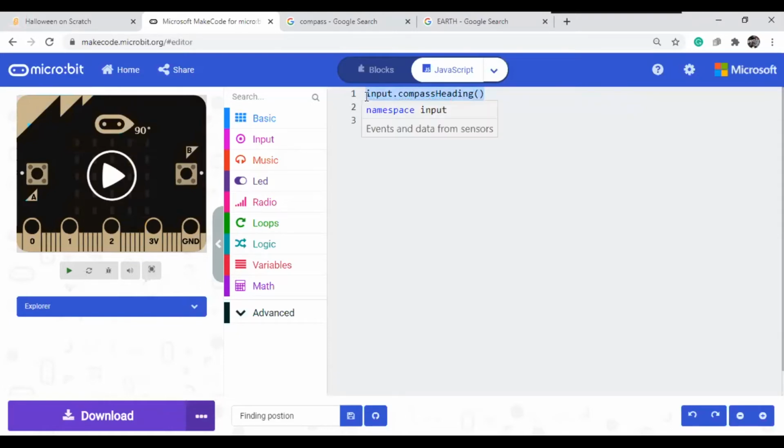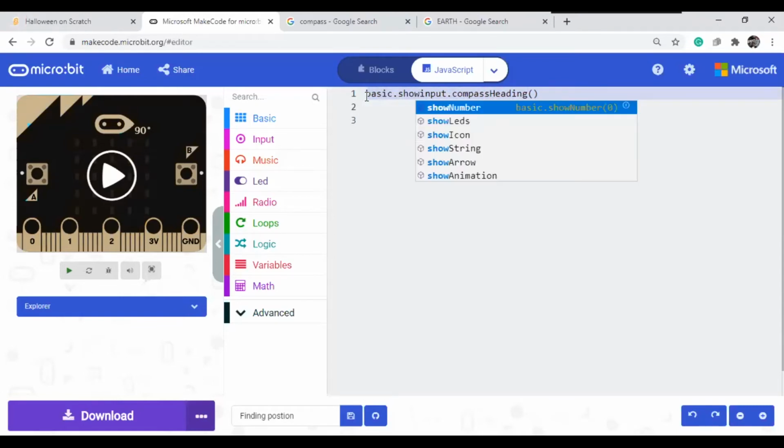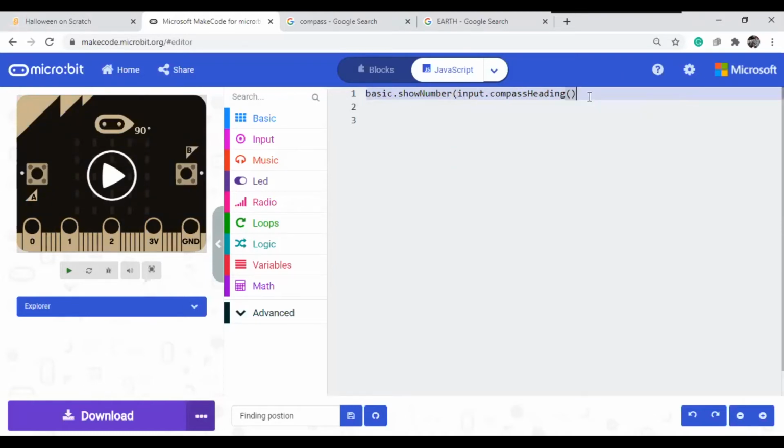If you want to display it, you need to keep it in the basic.showNumber block. Using this block we can show this value. But if you want to keep doing that continuously, you need to put it in the forever block.